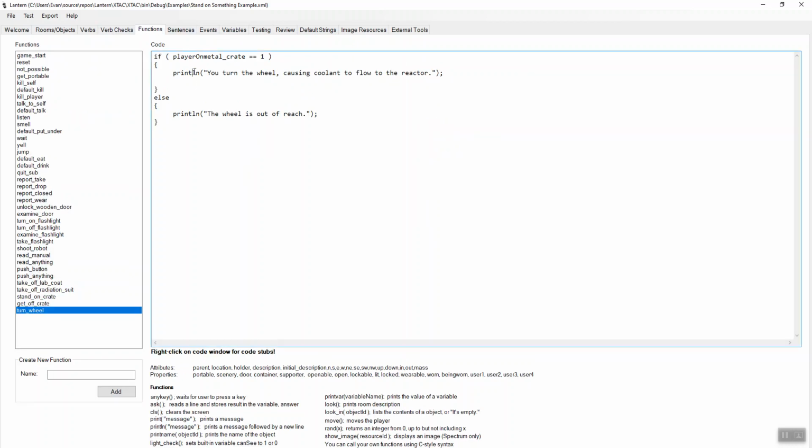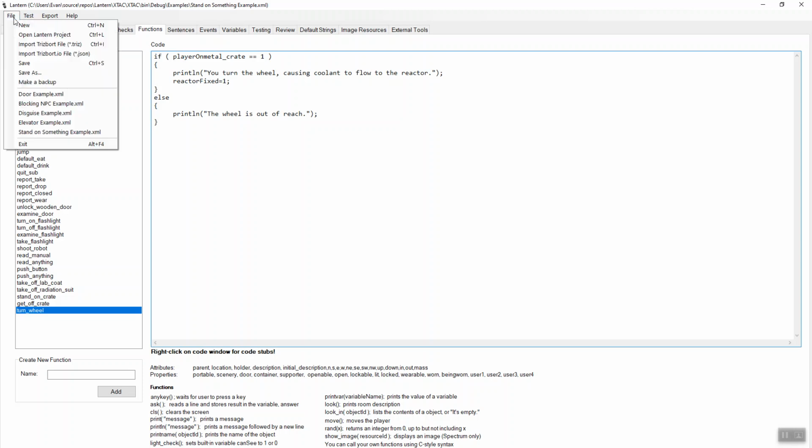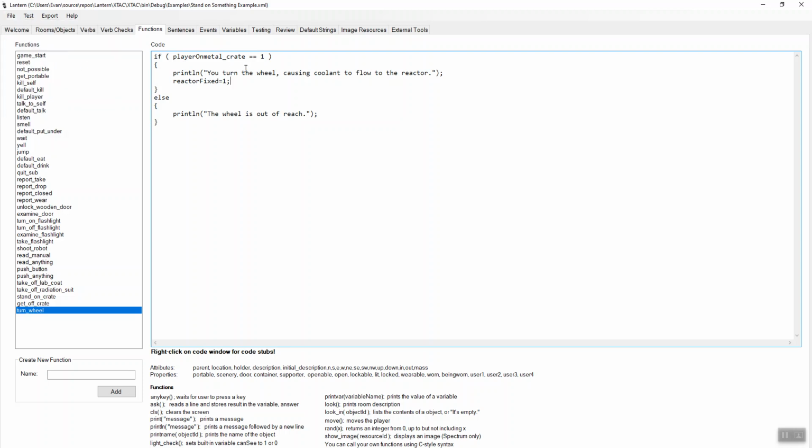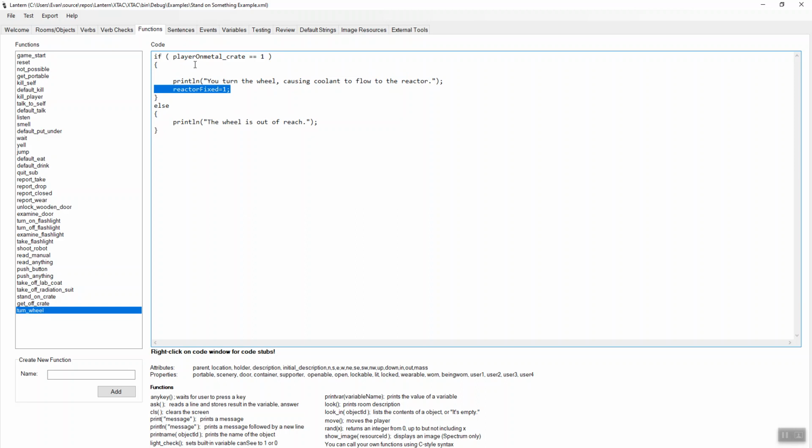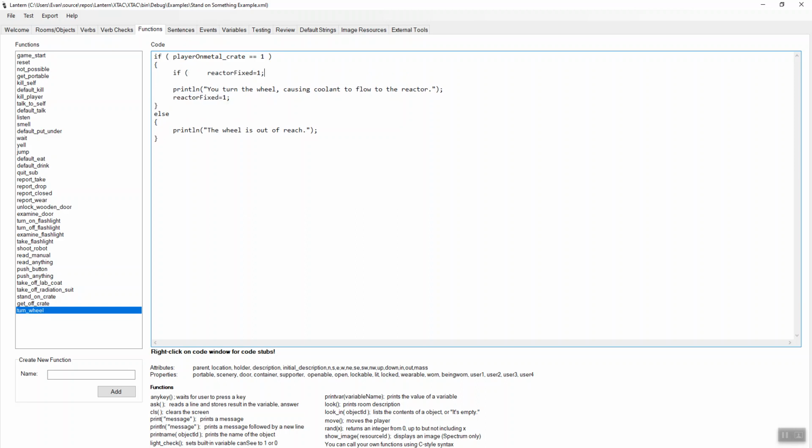And then once we've done that, we had a variable that said whether the reactor was fixed or not. So we'll set that variable to 1. We'll say we fixed the reactor. Okay. Save. So we've got our turn wheel function. Okay, so now that we know that turning the wheel fixes the reactor, we could also say if the reactor fixed is equal to 0, so double equals means equal to 0,